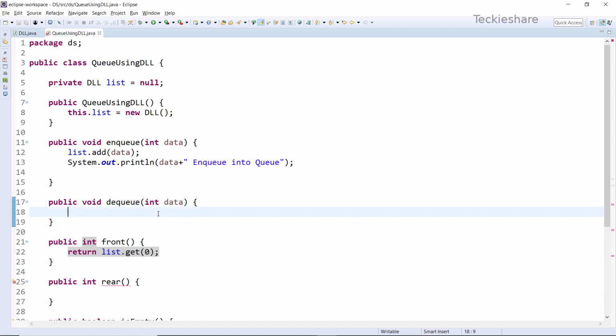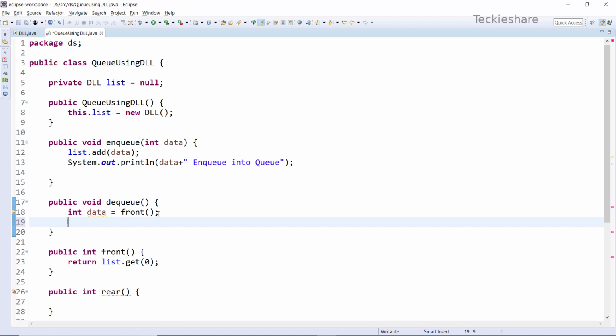The next method I'm going to implement will be dequeue. In the dequeue method, you have to remove the data from your queue, the first element. The first step is to get the first element using the front method. So we can get the value of the first element using the front method, right? Now I am going to remove the data for this index. Actually, the dequeue method doesn't have any parameter, right? There was a typo, so I'm just removing that. The next step is to remove the first index data from my doubly linked list. This is what the dequeue functionality will be, right? So I simply remove the data from my list using the 0th index.